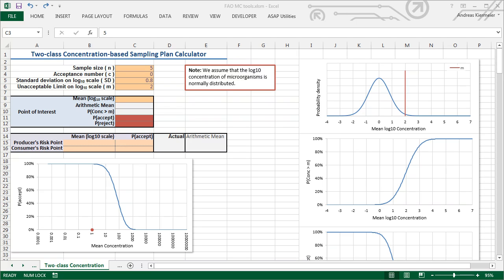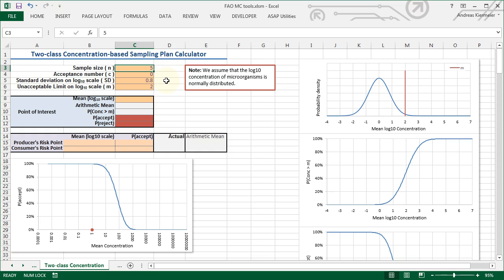In this video, we look at the two-class concentration-based sampling plan, assuming a log10 normal distribution, using the calculator in the two-class concentration tab. There are several areas in this calculator, and cells which allow user input are shaded in orange. At the top, we have an area for specifying the sampling plane, including the sample size, the acceptance number,